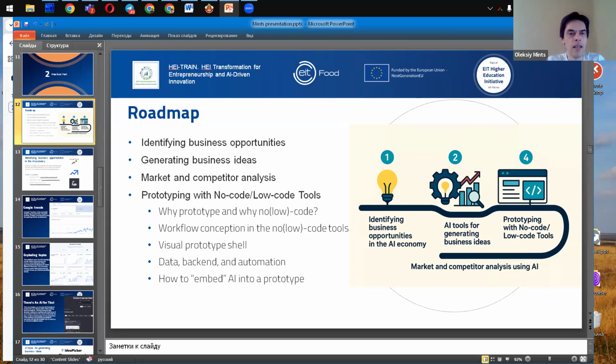And the last point of this section will be about prototyping with no-code and low-code tools. We will discuss several subsections here, but let's start from the beginning.